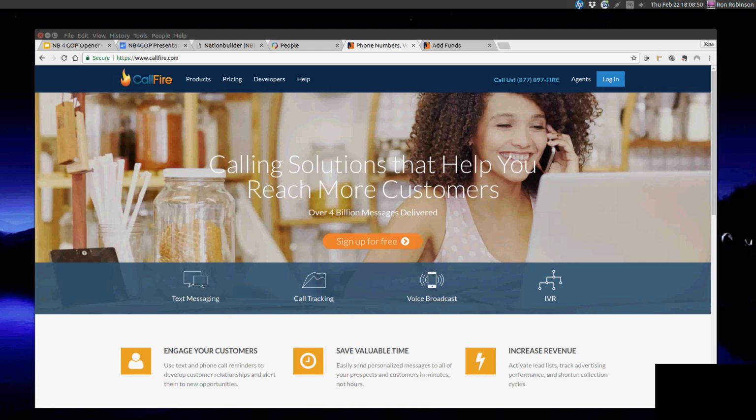Like I said last week, using Callfire, I normally pitch it to a county chair or a campaign manager based on, hey, let's just throw $100 at this. Let's consider it risk capital. We'll get your people trained. We'll get the call page up. We'll put the call page right on your existing website so people don't have to navigate away from your website to use Callfire. And then when we've exhausted the risk budget we've assigned to this project at $100, $200, whatever it is, we've gone as low as $50 on some campaigns,